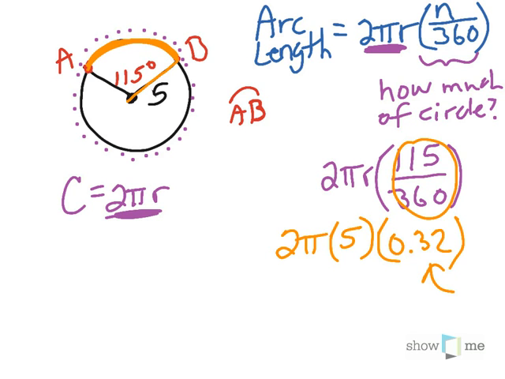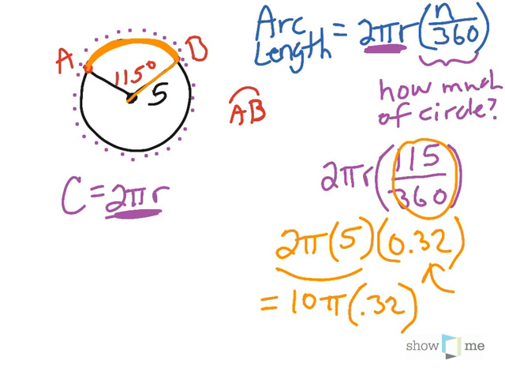And you can look at the picture and go, yeah, that looks about right. That's a little less, around a third of the circle. So seems reasonable. I'm basically saying, here's the entire distance around the circle, which happens to be 10 pi if I multiply it together. But I don't want the whole circle, I just want 32% of it. So if I do that, 10 times pi times 0.32,